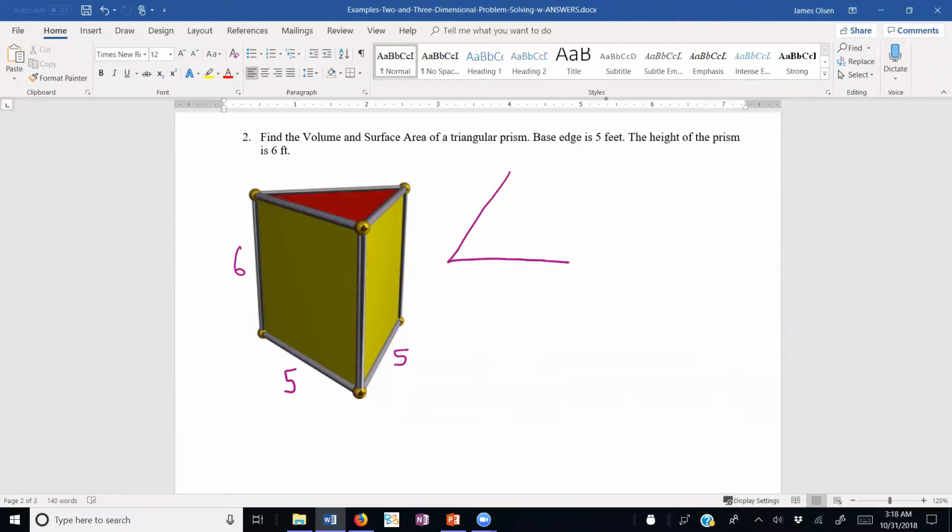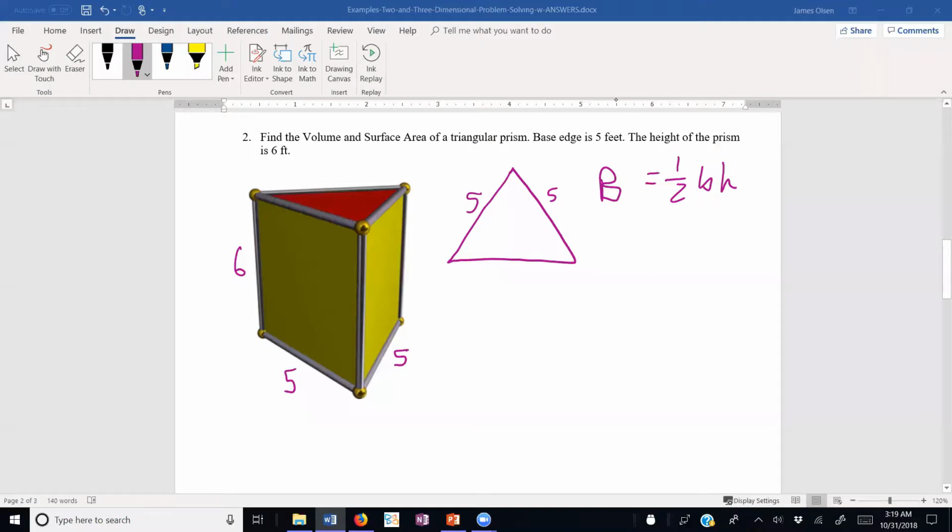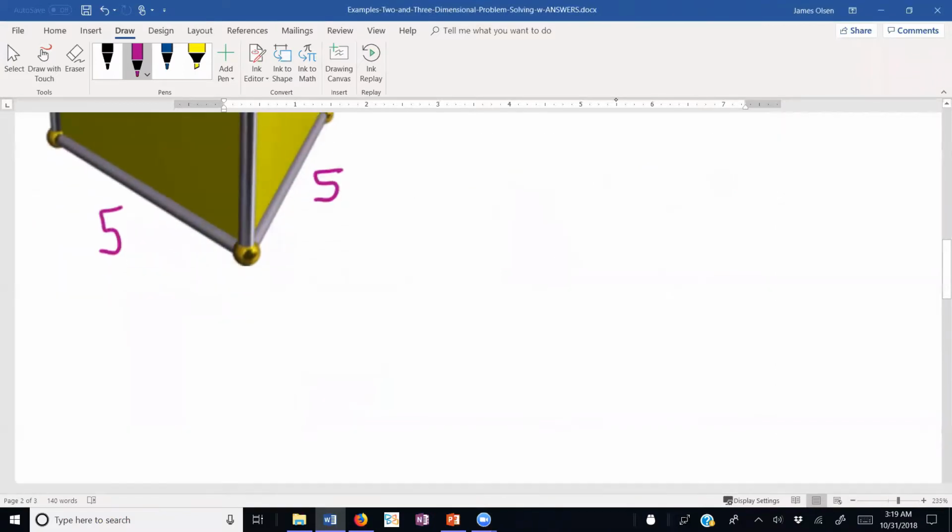So I'm going to draw the base here. It's an equilateral triangle, and the 3 sides are 5, and the area of a triangle is 1/2 base times height. Which means I need the height of the triangle. So if I draw the height in here,